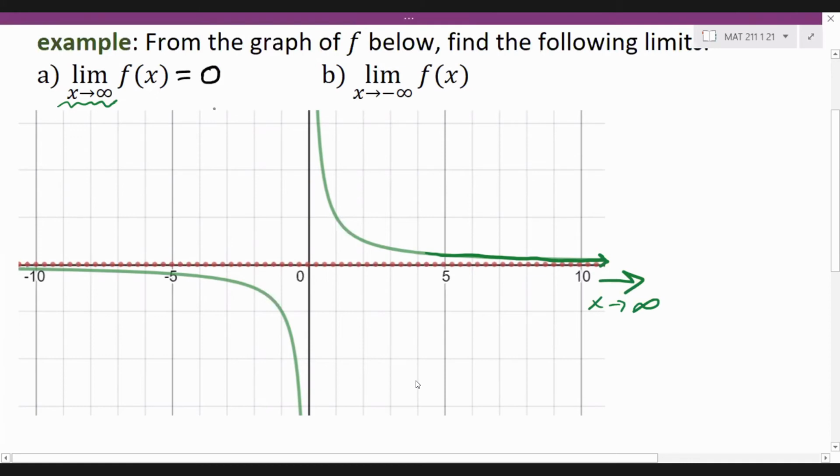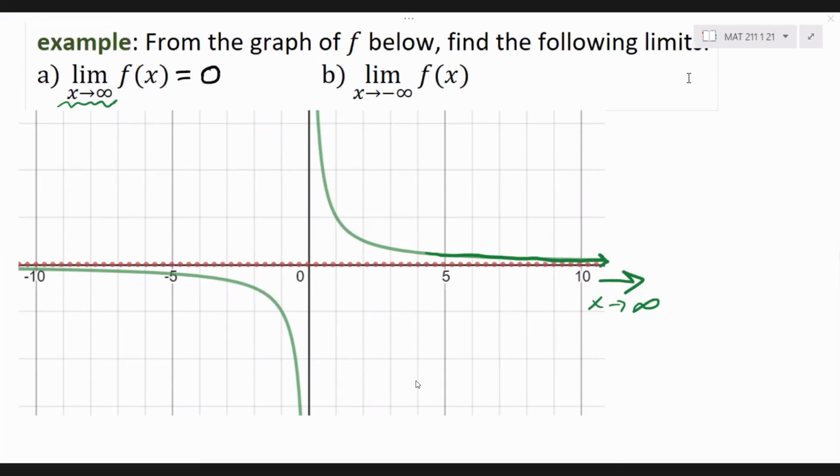Because our actual graph is going down, down, down, down, down, and it's continuing to decrease forever and ever. But it's never quite getting to 0. So that's what the horizontal asymptote is saying. The function is getting closer and closer and closer to 0, but it never actually reaches it. But it's still going that direction forever. So the limit as x goes to infinity of this function that's graphed here is 0. So I'm going to launch the next poll